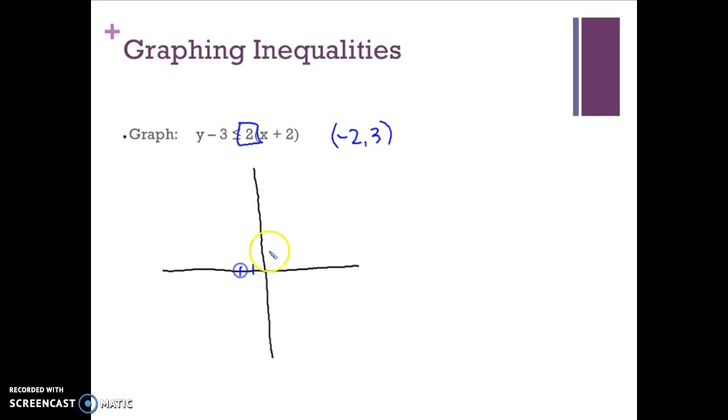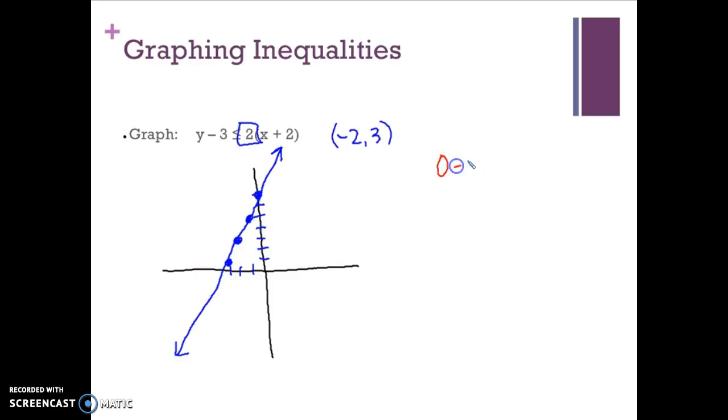So I'm going to go to negative 2, positive 3, and put a point. Then I'm going to use my slope of 2. So I'm going to go up 2, right 1. Up 2, right 1. And we'll do that a couple times in both directions. Alright, I'm going to use a solid line because it is or equal to. And to pick where to shade, I'm going to plug in 0, 0 and see if it's